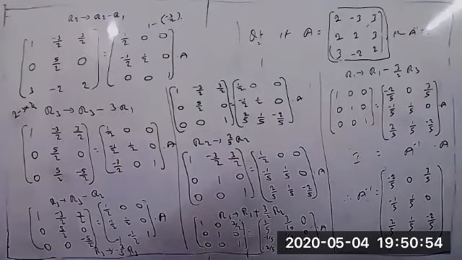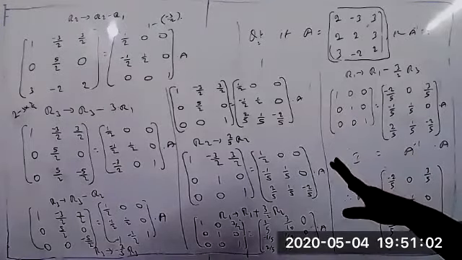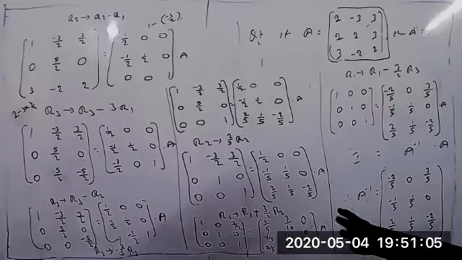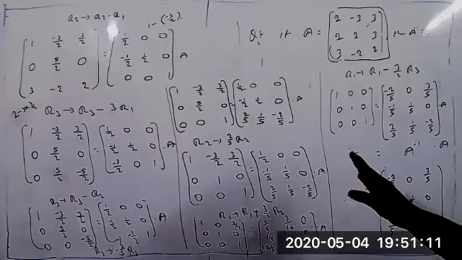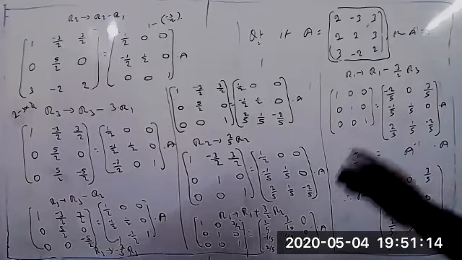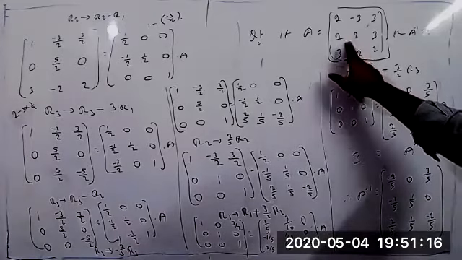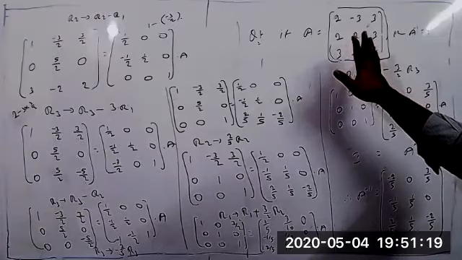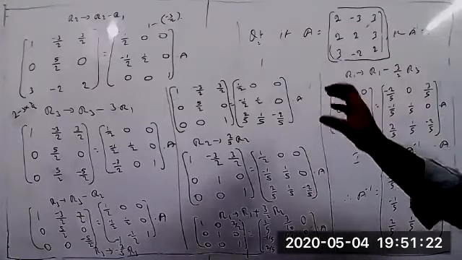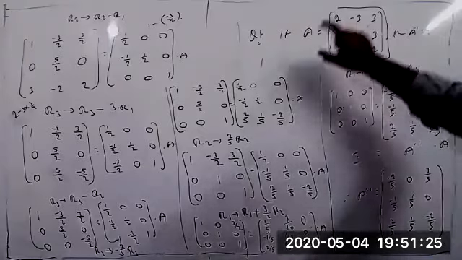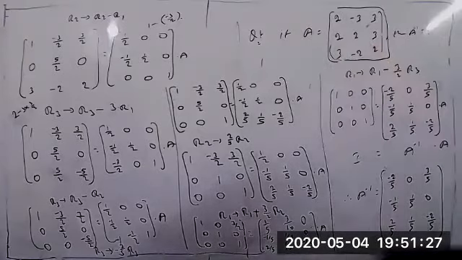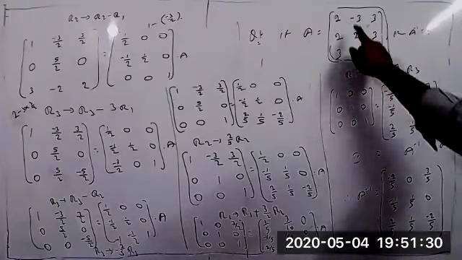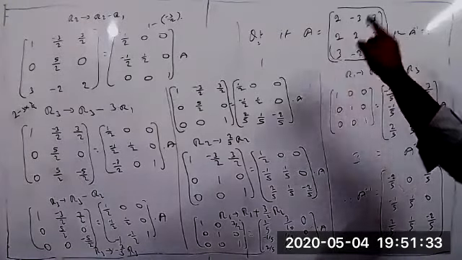Sir, is there any condition to find whether the inverse is possible or not? That's why I'm telling you. For a 3 by 3 matrix, we have to verify, and compulsorily we have to find the adjoint. Otherwise, there is no chance. For a 2 by 2 matrix, you can verify directly, but for a 3 by 3 matrix that is not possible. The meaning of the adjoint matrix is that compulsorily we have to find the cofactors of each and every element of A. Understood now? The adjoint of A means the transpose of the cofactors of A. The transpose of the cofactors of A is called the adjoint of A.